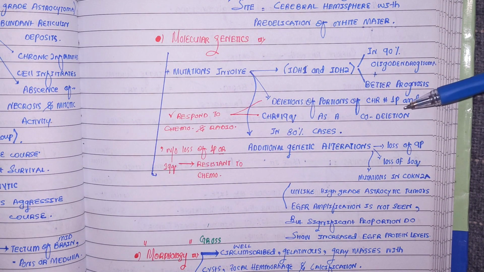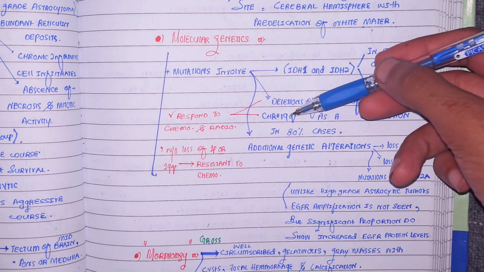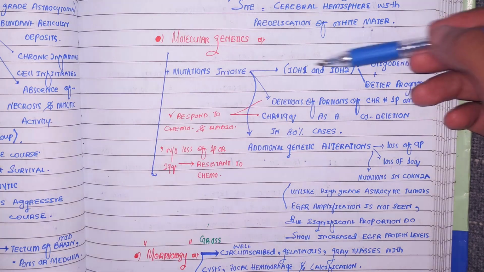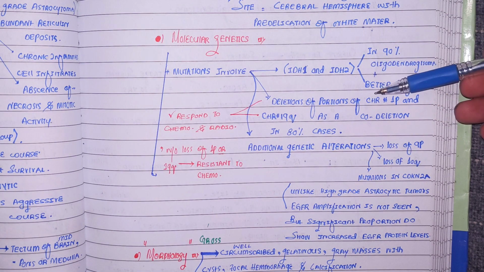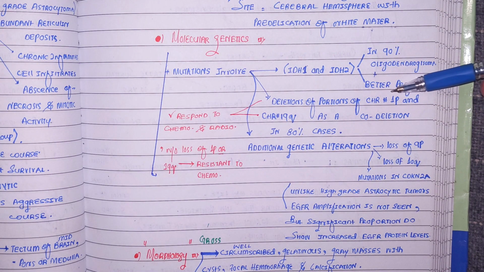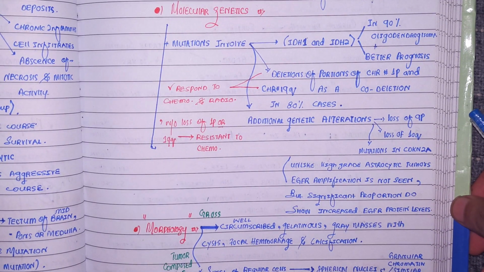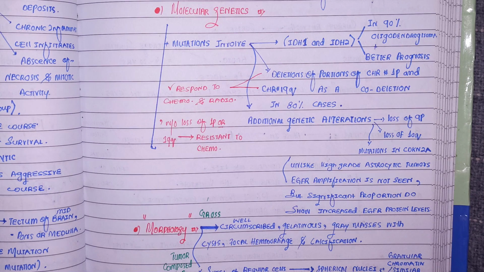The core deletion occurs on chromosome 1 and also on chromosome 19. So 2 mutations I have told you so far: one, IDH1 IDH2; second, deletions, on chromosome 1 and chromosome 19. Core deletions occur, both together. Besides that, additional genetic alterations include loss of the chromosome 9p, loss of chromosome 10q and the mutations in the cyclin dependent